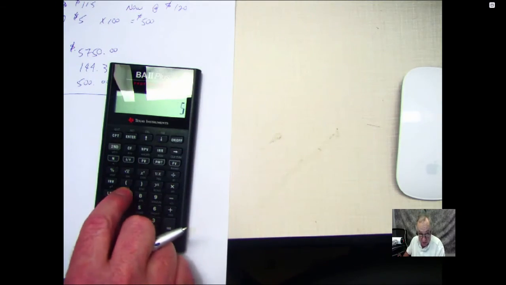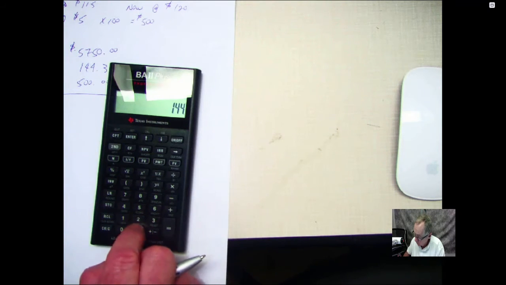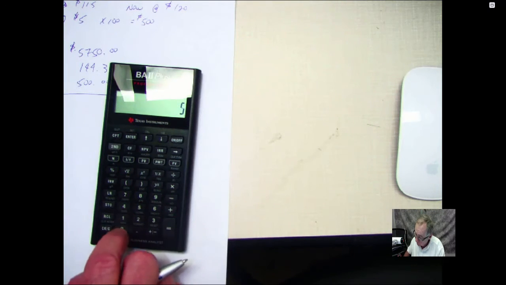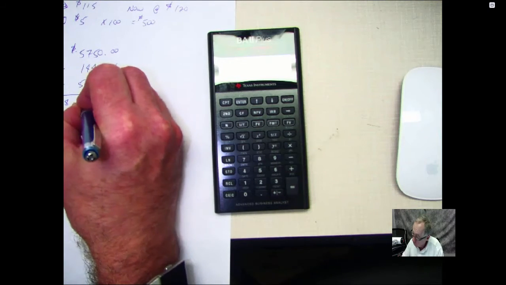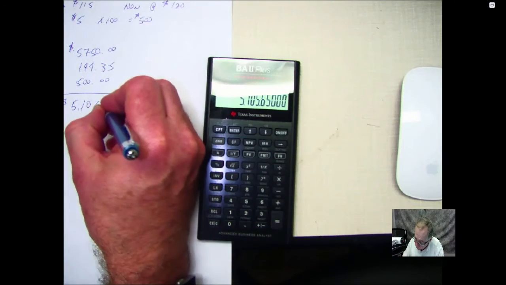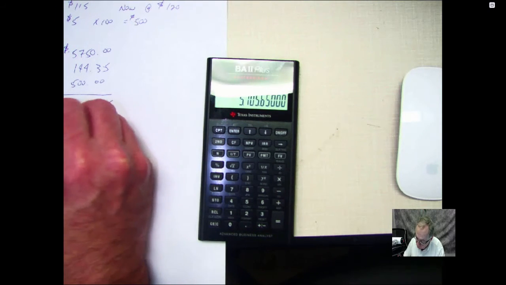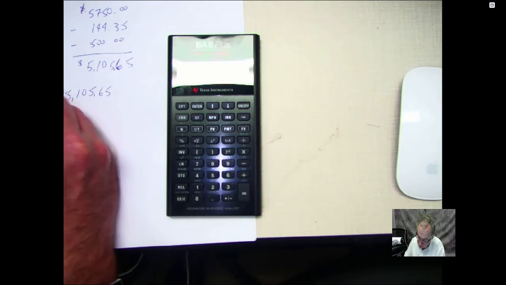So 5,750 minus 144.35 minus 500 is 5,105.65. Sorry, decimal point. $5,105.65 remaining. And as a percentage,